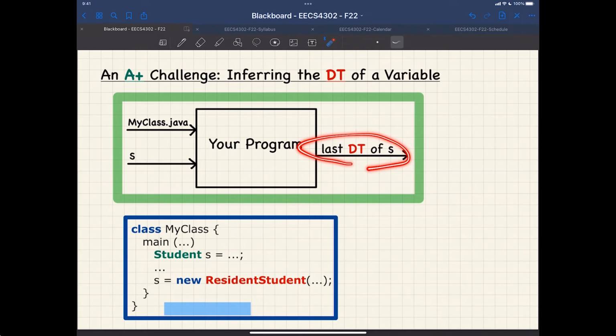We want to figure out, assuming that S is a reference type, not primitive type, what's the last dynamic type of variable S. That's a compiler you want to build. It sounds simple. Maybe if I do some sophisticated analysis on my Java program, I should be able to do it, right? Even for a simple program like this, for example,